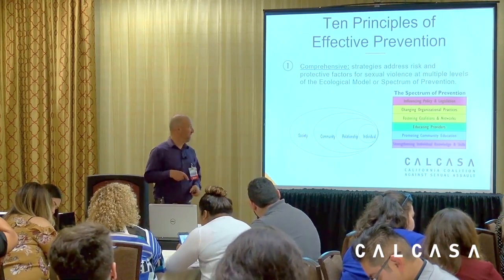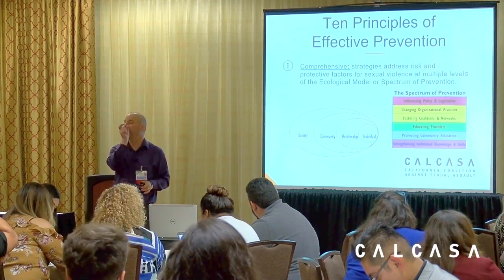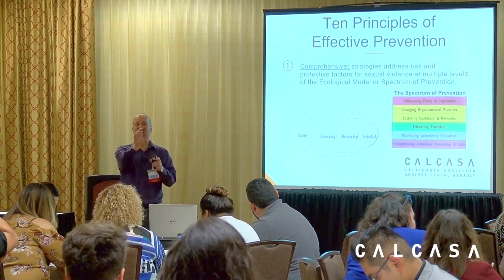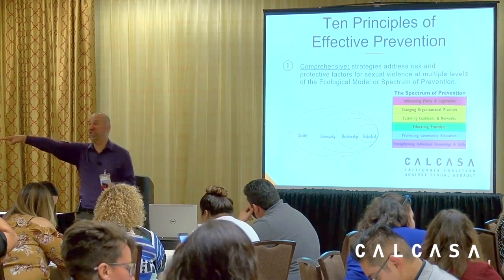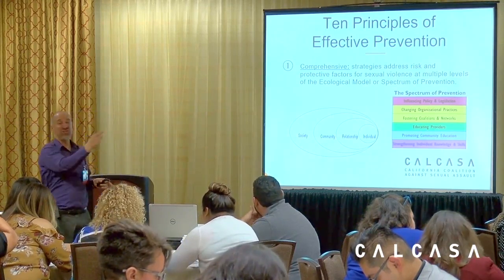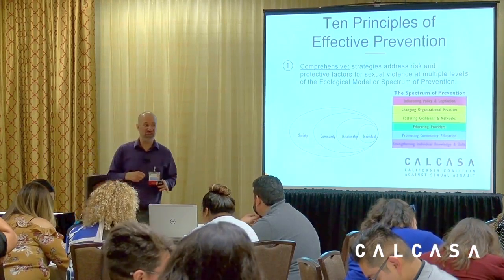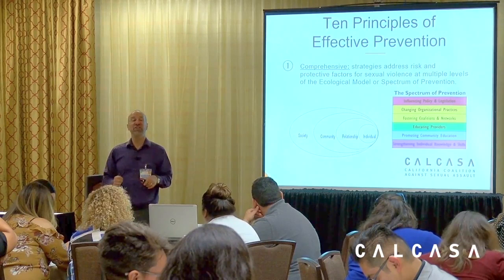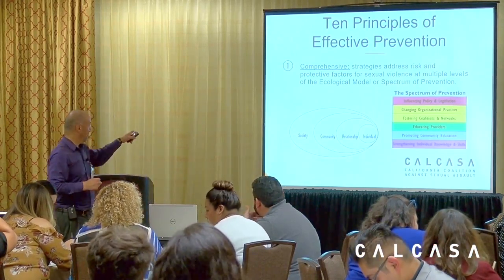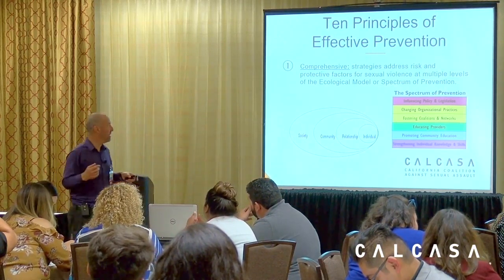What the ecological model says is that things are nested. So you can make impact for people on an individual level, reach people individually. It also is that you can work on a relationship level. So that's not just individuals, but how people relate. Like working with the teachers, or coaches, or clergy, or parents who have a relationship with people who then can have a big impact. Or you can make community level changes. Try and change the entire school, change the way the community looks at an issue. Or work on a societal level, where we're actually changing the way the media covers things, changing policies that govern things.